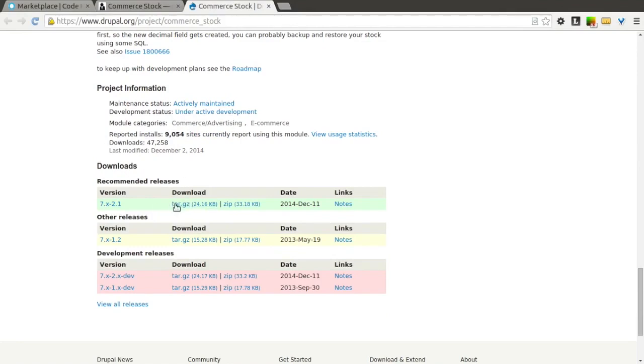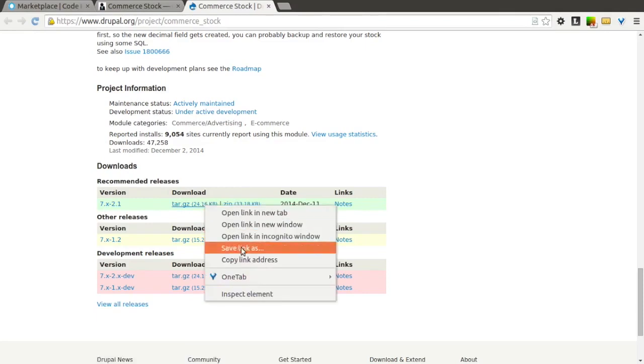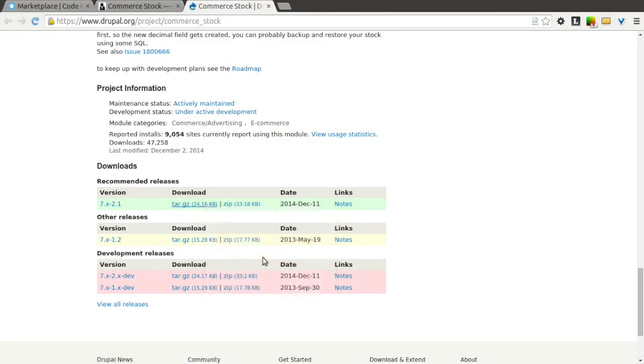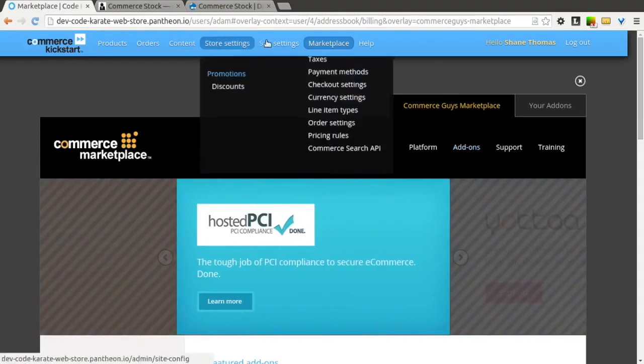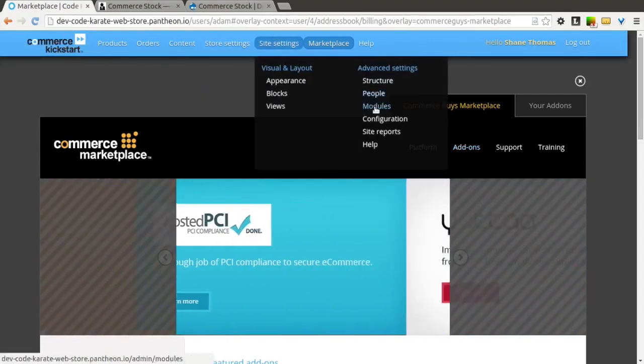So we're going to go ahead and just hover over this recommended release 7.x-2.1, and I'm going to go ahead and just right click on this tar.gz, which is just another kind of zip file, and I'm going to copy the link address. So in this way I don't actually have to download it to my computer. Now we're going to install our first module. So to do that, we go back to our site, go to Site Settings, Modules,